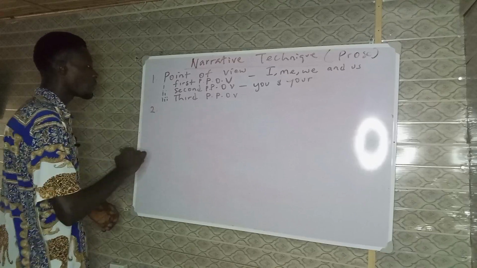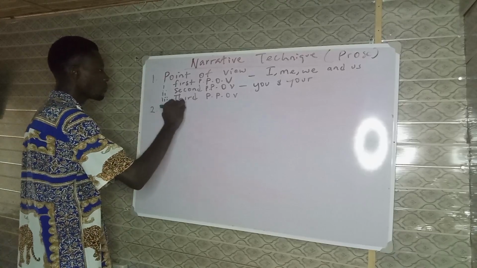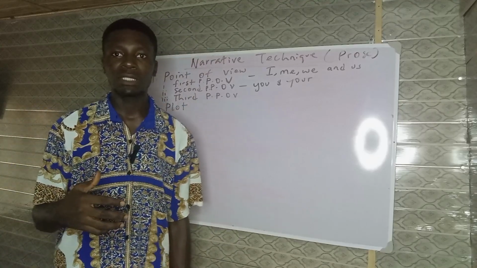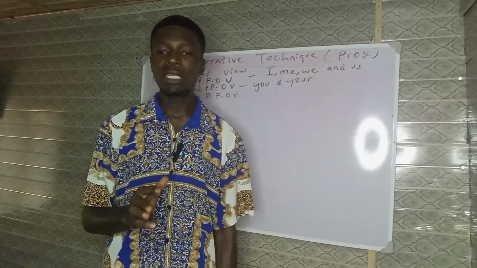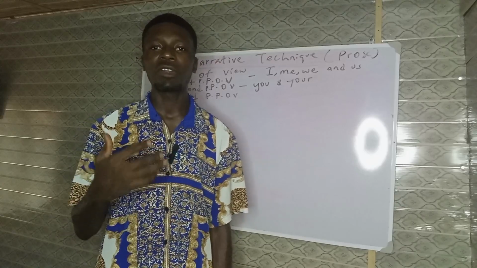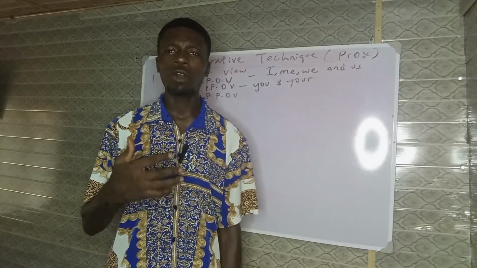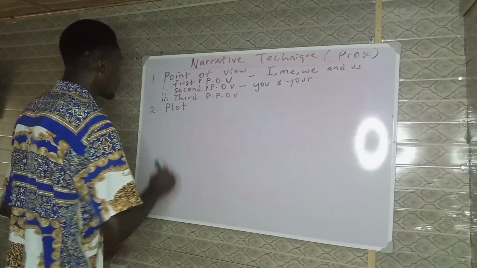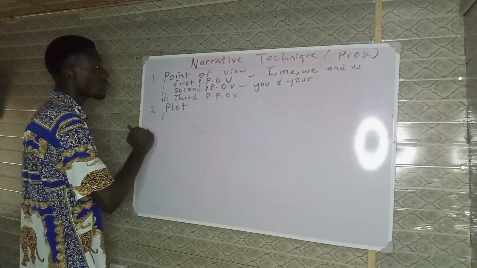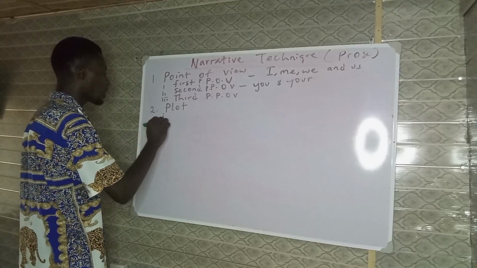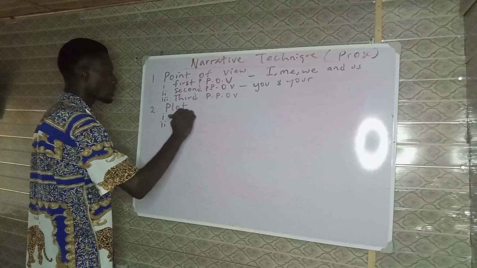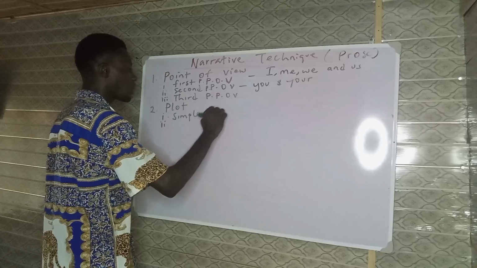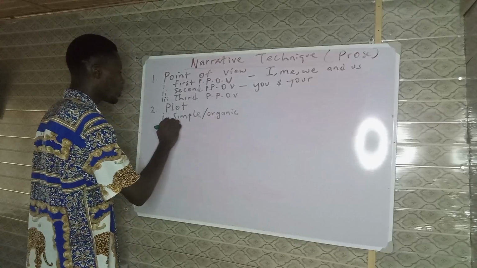Number two, we have what we call the plot. The plot refers to the sequential arrangement of events in a work of literature. There are basically two types of plots. We have the simple plots, and we have the organic plots, or